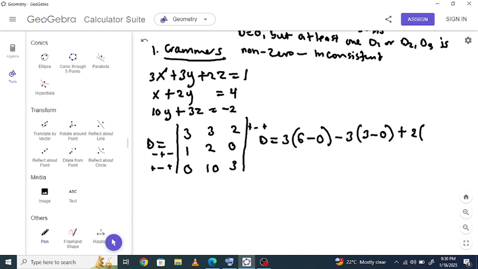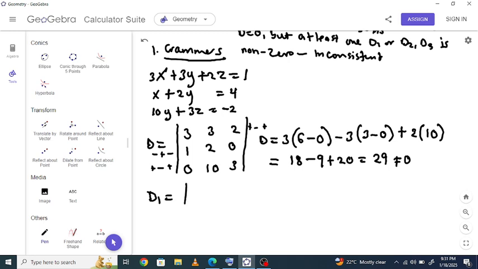We block the last column and the first row, we get 10 minus 0, which is just 10. Now our determinant will be 18 minus 9 plus 20, which gives us 29, but obviously 29 is not equal to 0, and hence